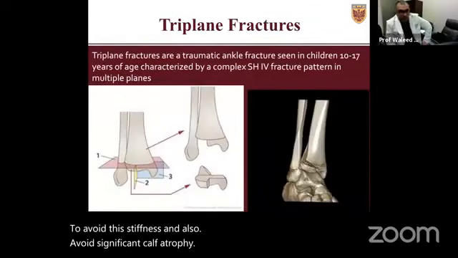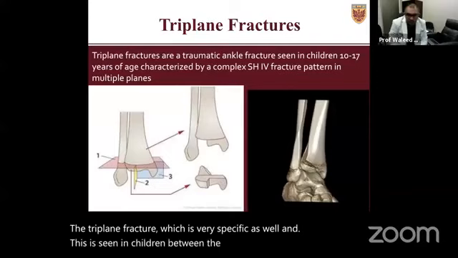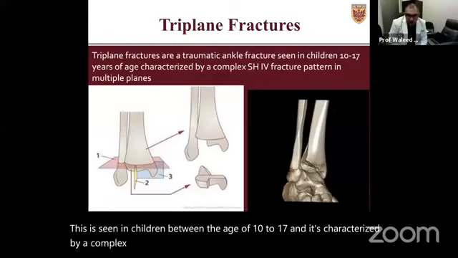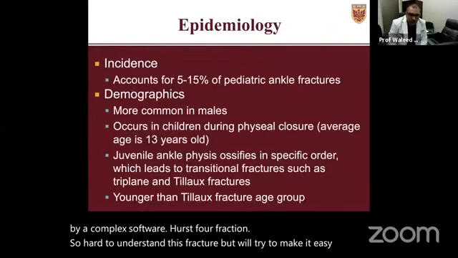The triplane fracture, which is very specific as well, is seen in children between the age of 10 to 17, and it's characterized by a complex Salter-Harris 4 fracture. It's hard to understand this fracture, but we'll try to make it easy. So with a triplane,